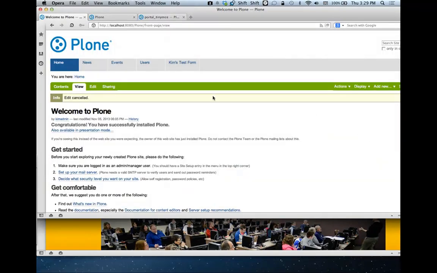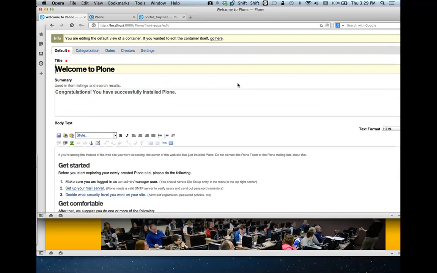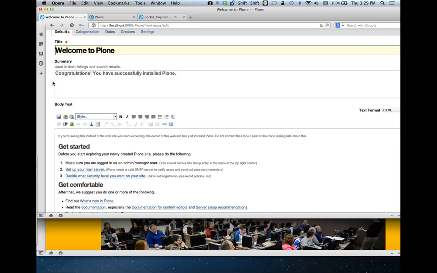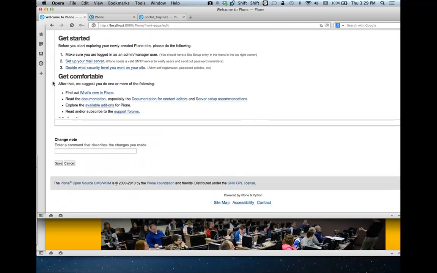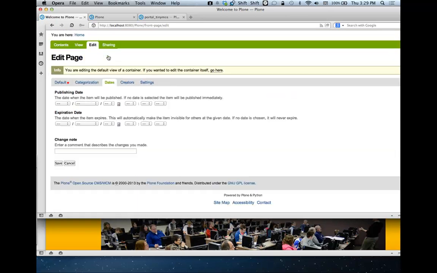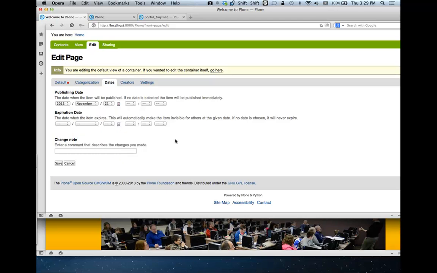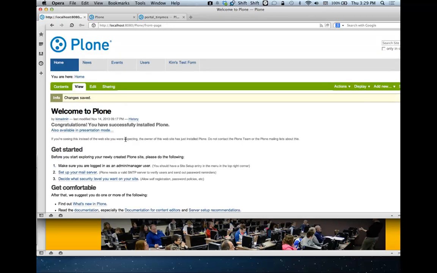All right, so I did want to show you expiry dates and effective dates. This is a basic Plone site. I think you've all seen this, the front part of the editing for a page. And here's the dates. If you go into here, you can specify a date when you'd like the piece of content to be visible. So I'll say November 21st. And if I save it now,